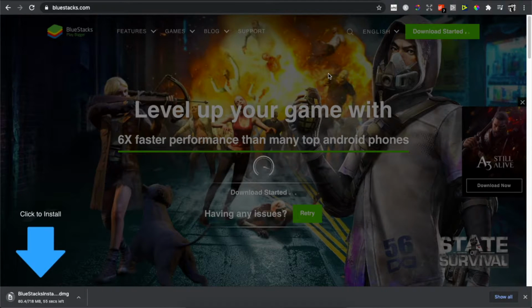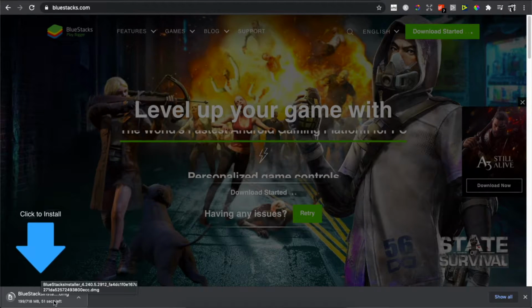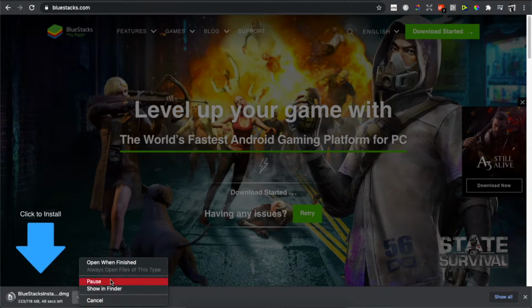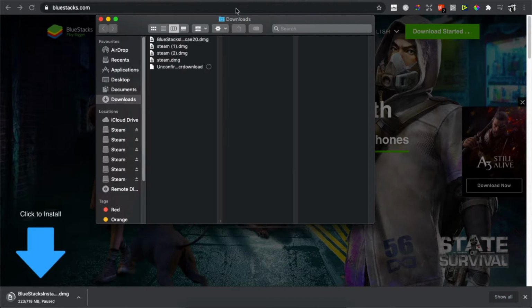Alright, so first what you need to do here is go on bluestacks.com, and once you're here, press the download button here, and as you can see, it's downloading right now on my computer. So I already have this file in my downloads, so I will go here quickly. As you can see here, it's Bluestacks, and once you download the file, just press on it,